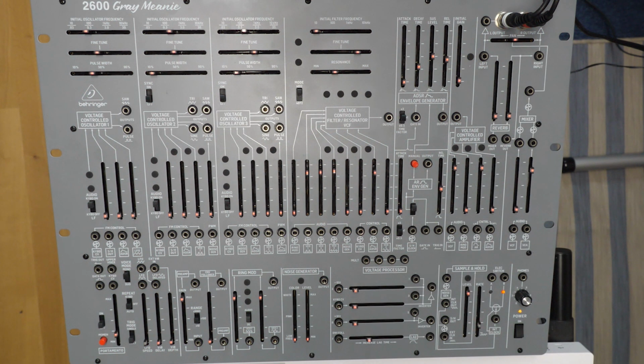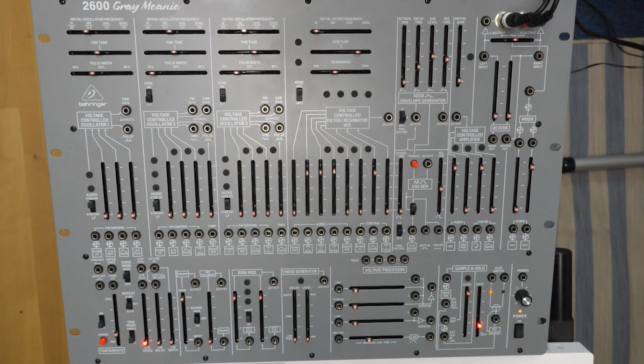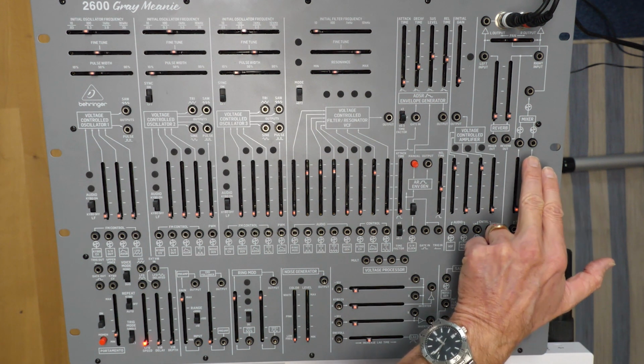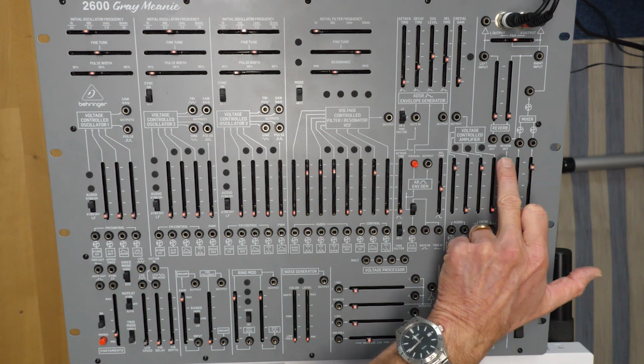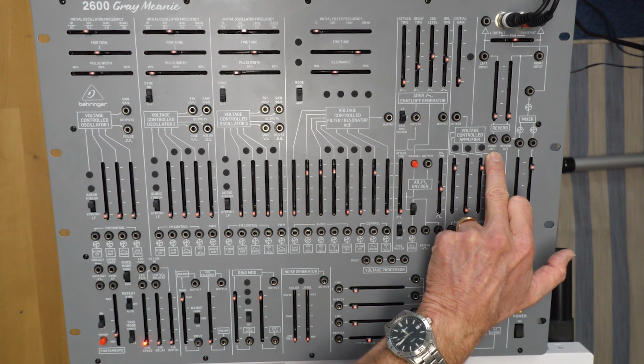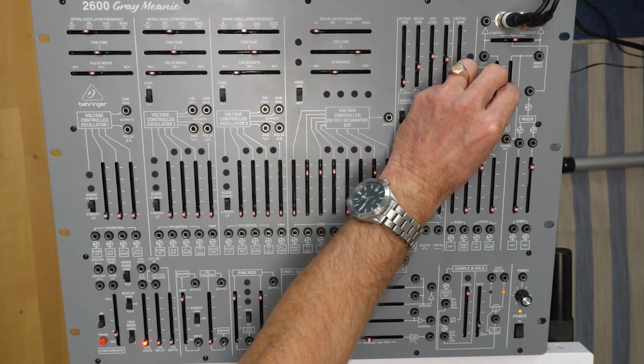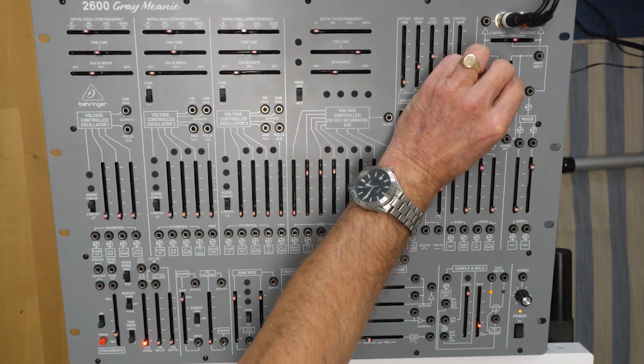Okay, so I have brought the VCA up here in the final mixer. I'm playing some keys on the keyboard. And now this signal, the sum of the mixer, is being sent to the reverb circuit. That's also a pre-wired connection. So I bring up the reverb. So you can hear